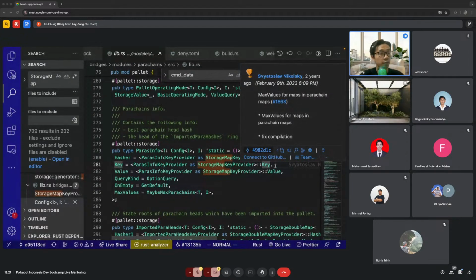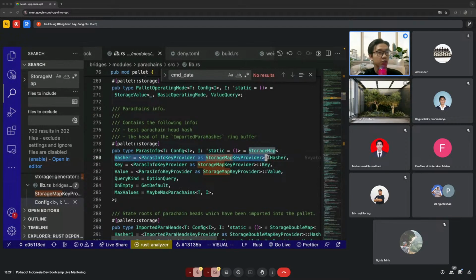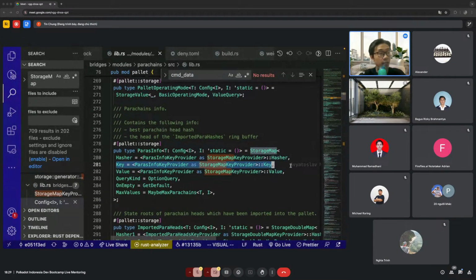So it's required, and you can also customize the hasher on your own. On the other hand, the hasher also makes traversing and querying the data faster. We don't handle that, but that's how Substrate does it. It depends on the hasher to construct the underlying data structure to store the state data under the hood. Now we only care about the key and also the value.